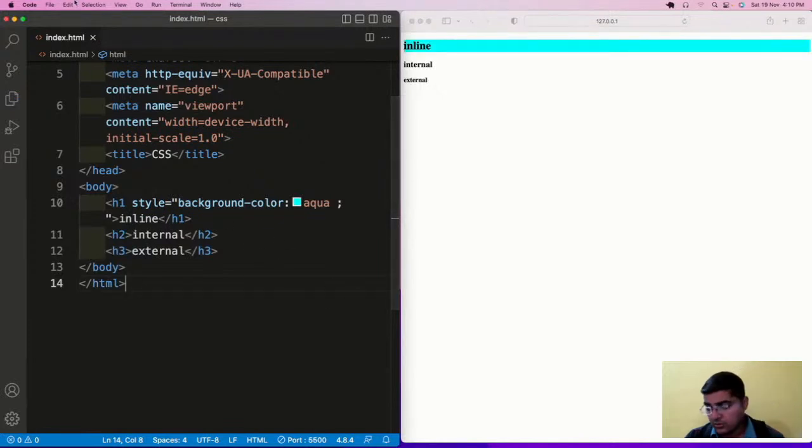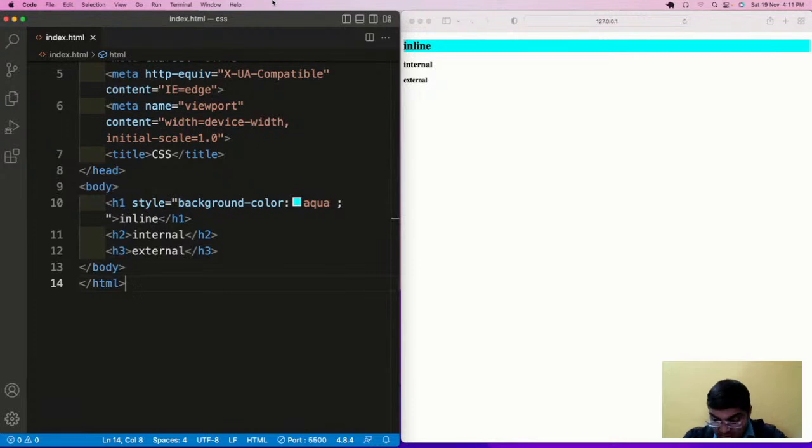I have some interview questions with me, which I will tell you from time to time. Please keep a note of them, as they will help you. These questions were collected from around 30-40 interviews, where they were found to be common. So, in how many ways can you add CSS? There are three ways.